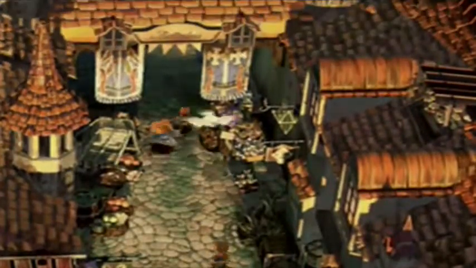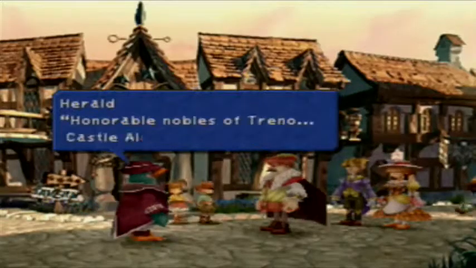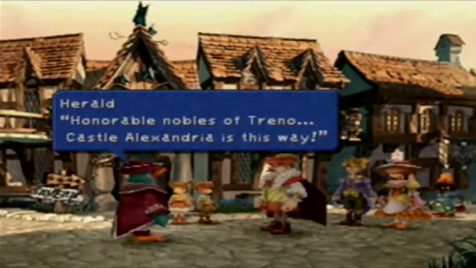Anyway, no matter what you do here, that kid's going to hit you. And he's a rat, literally. He's a literal rat. Looks like everyone in town is excited for the play that we have a ticket to. So, yeah, we should probably get there. And here's our first mention of Trino, which is a...